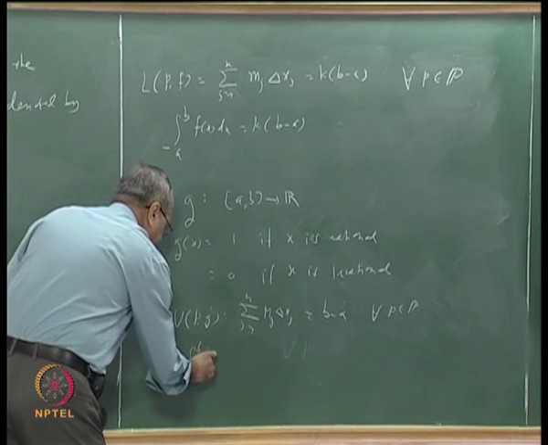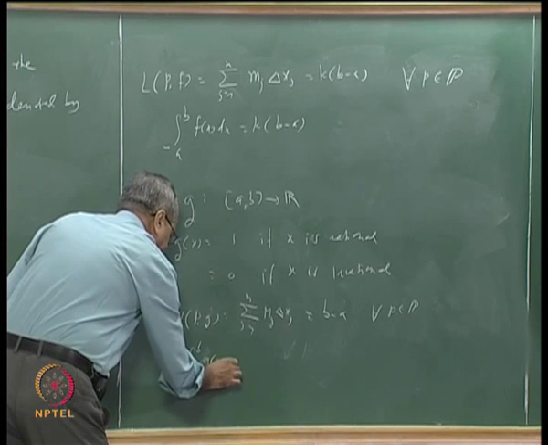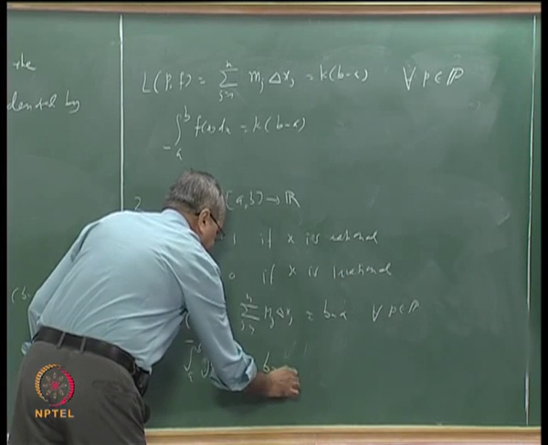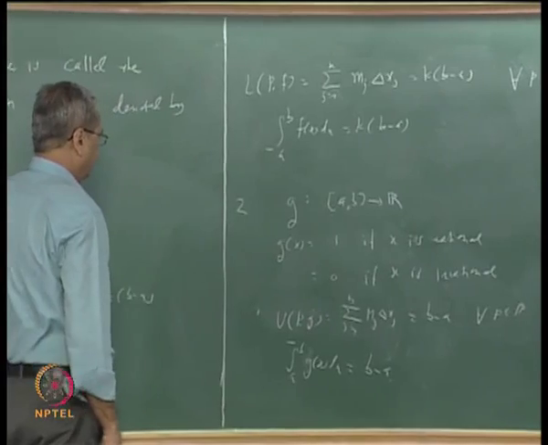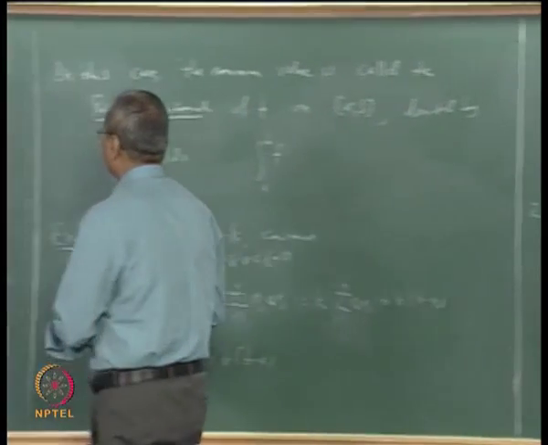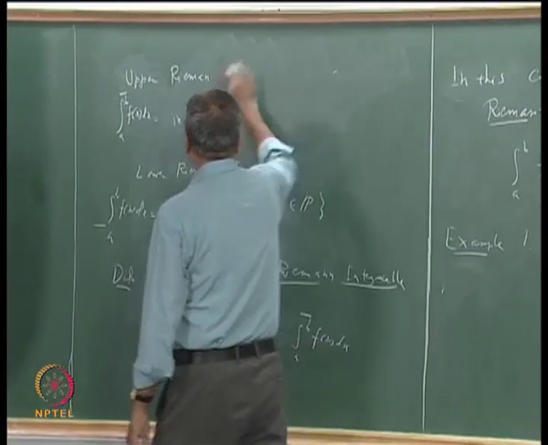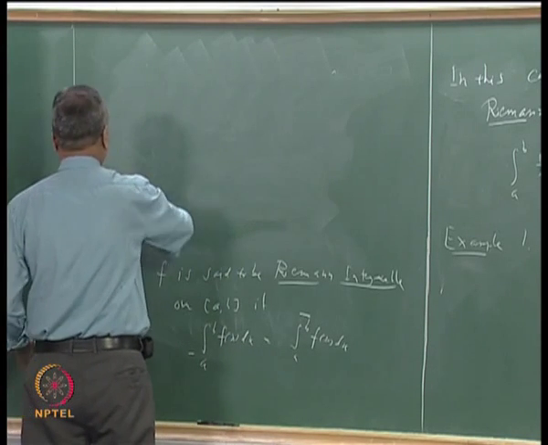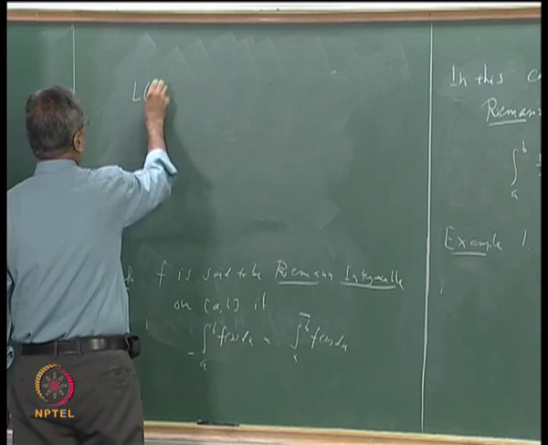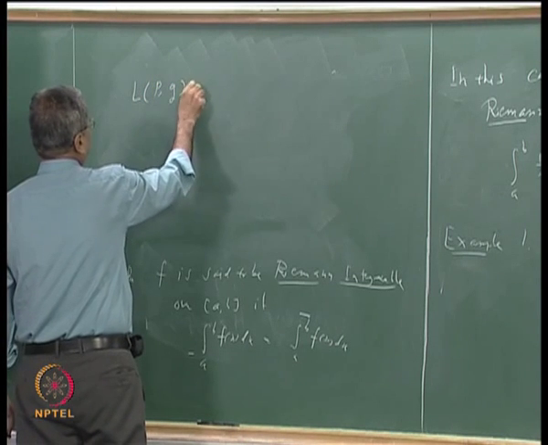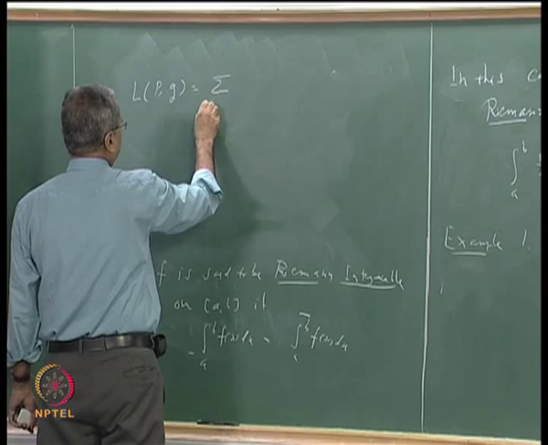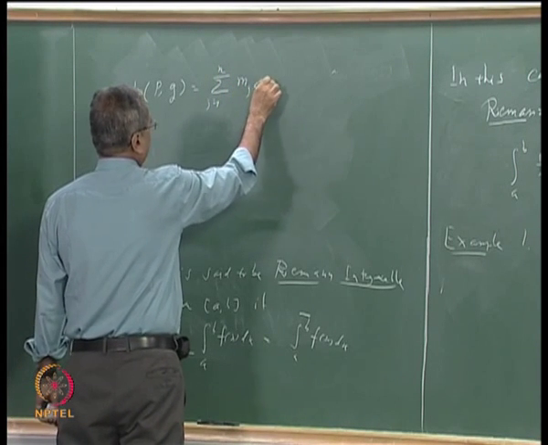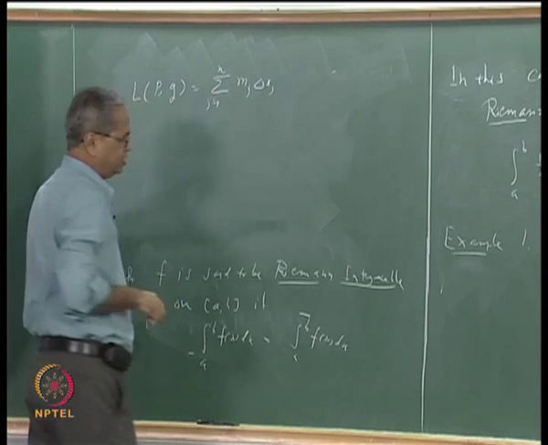So the upper integral of g(x) dx is b minus a. On the other hand, if you look at the lower integral, or first look at the lower sum, L(P, g), this will be sigma j going from 1 to n of small m suffix j into delta x j, and this small m suffix j will be 0 for each